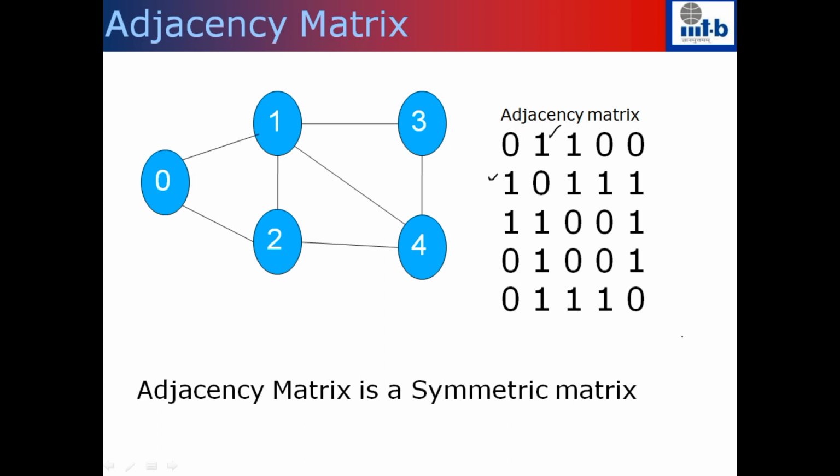A simpler example: take a university with about 10,000 students, and you want to maintain the relationship of whether a person A knows B. Using the adjacency matrix representation, you need a 10 to the power 4 into 10 to the power 4 table, which is 10 to the power 8, which cannot be stored on a normal